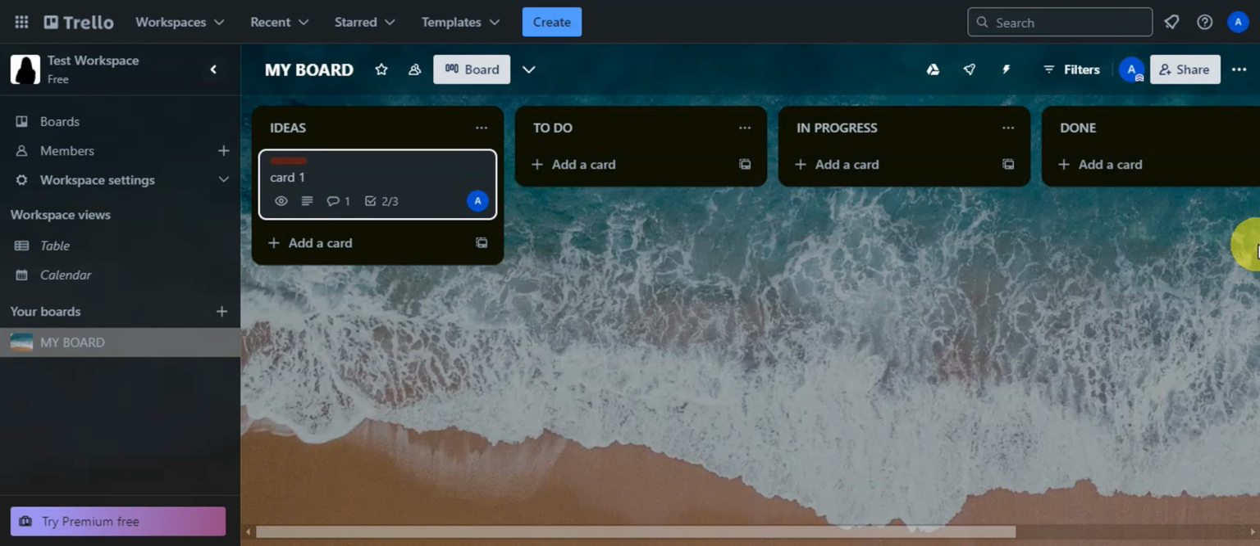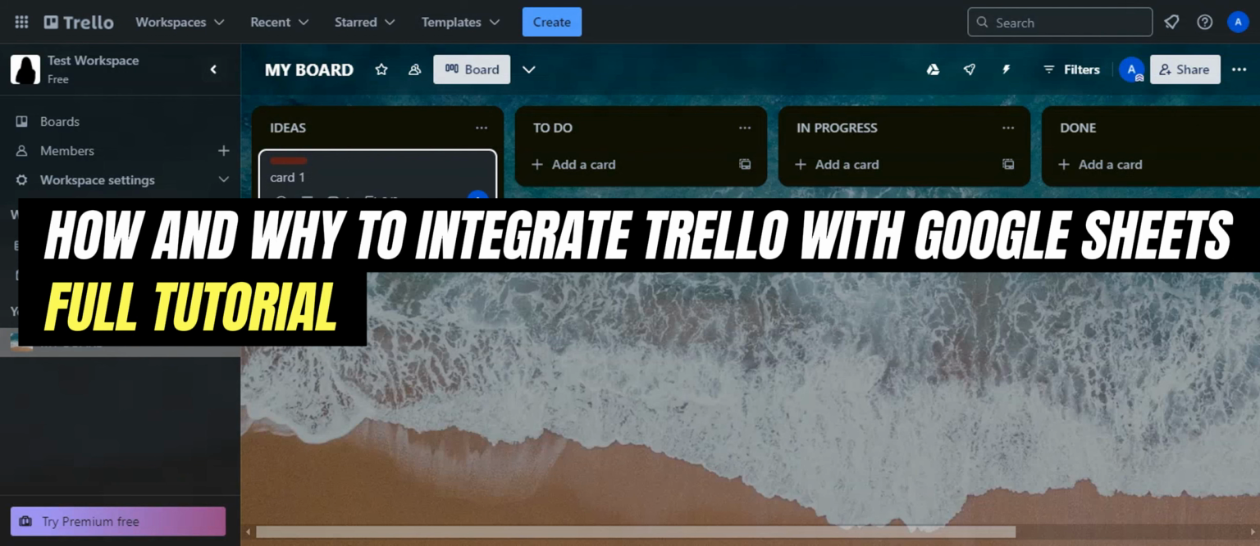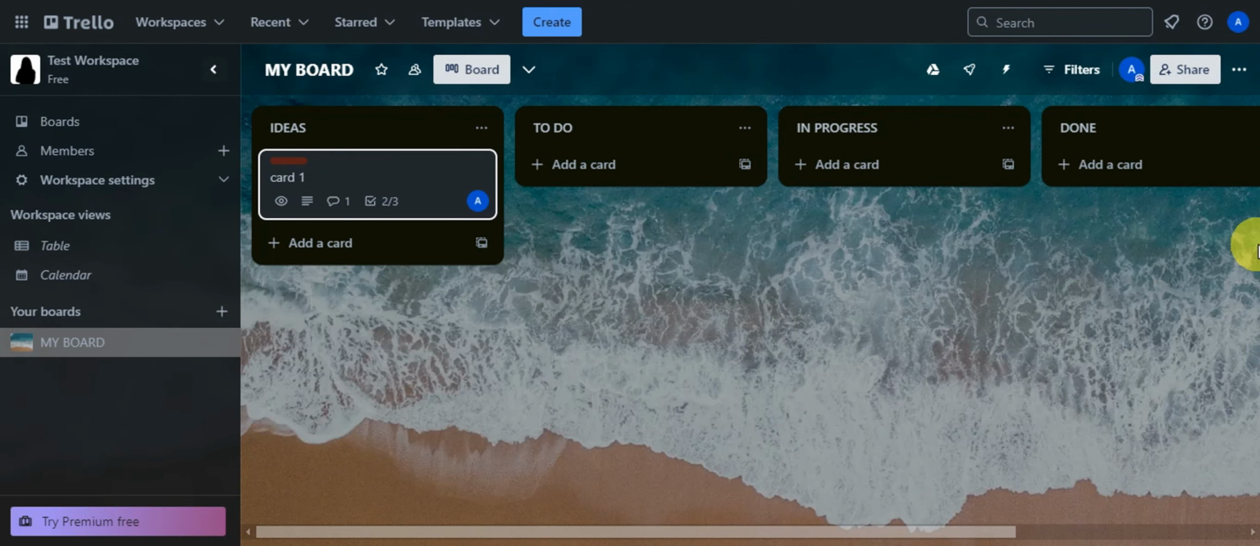In today's video, we'll learn how and why to integrate Trello with Google Sheets, a full tutorial. So if you've ever struggled with managing data in Trello and wish for an easier way to handle and share reports information, then you're in the right place. Today, we will explore how to set up a seamless two-way sync between Trello and Google Sheets with the use